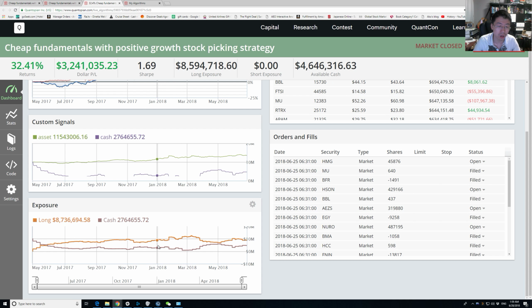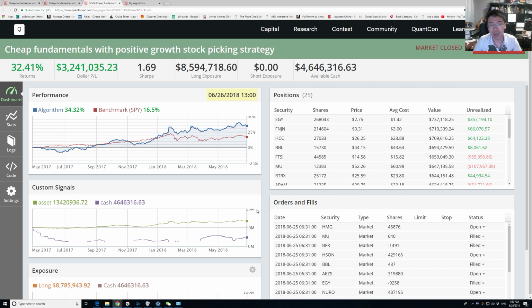So cash, there's always like $3 million in cash or something like that. You can see cash is like, here's $2 million. Here's another, again, $3 million. And the lowest it got is 800K. At the moment on this paper trading account, there's $4.6 million in cash, which is not really ideal because I really want to have a full portfolio, 100% invested, and just rebalance those. But that's as far as I can get